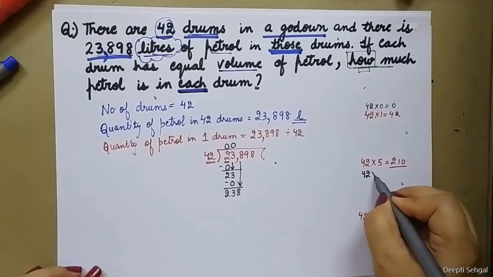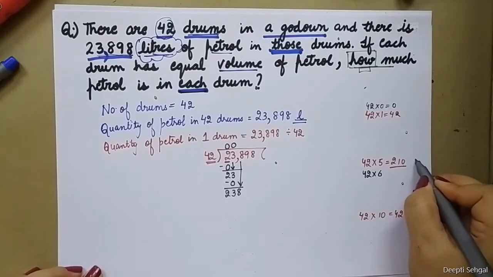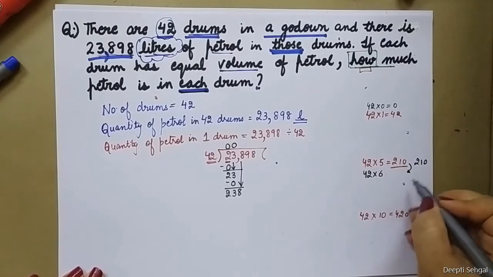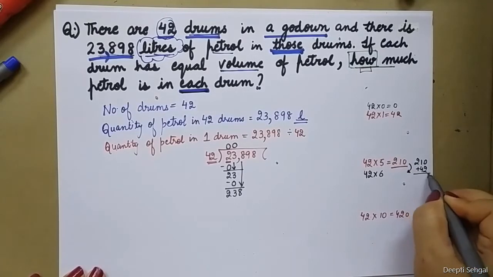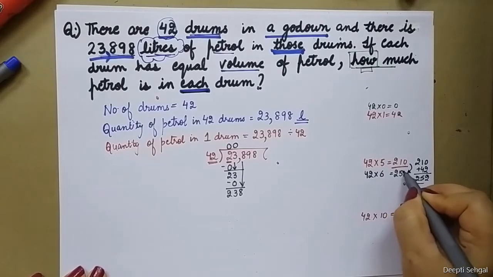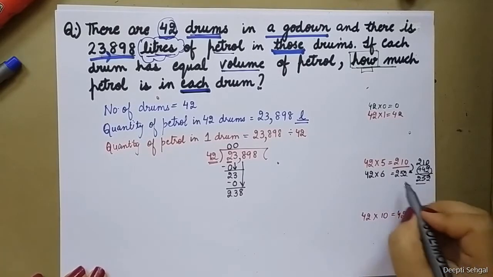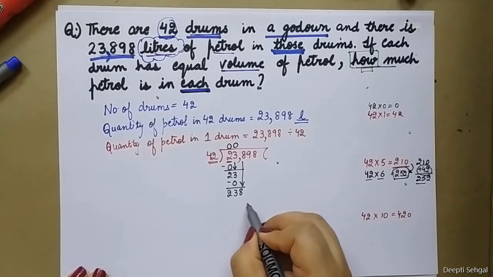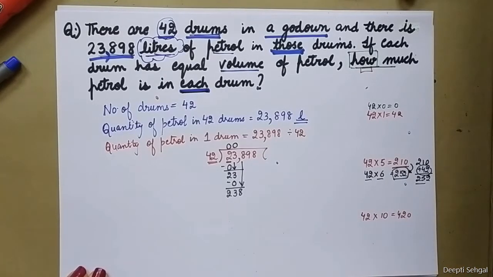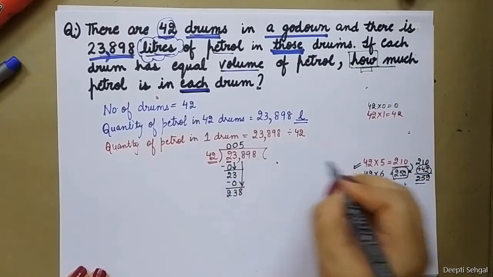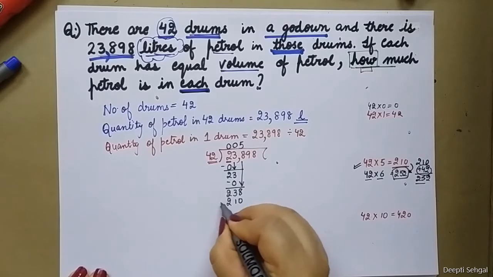If I take 42 multiplied by 6, I can add, because we have to find the next number and this is repeated addition. So I can write here 42, add quickly. I know that it is 252. So what is 42 multiplied by 6? 252. Can I subtract right here? No, because it is bigger. So I will write this only, 42 multiplied by 5. That is 210.